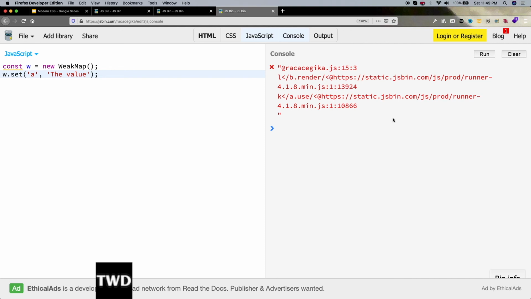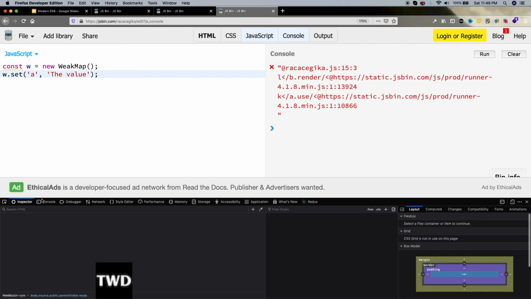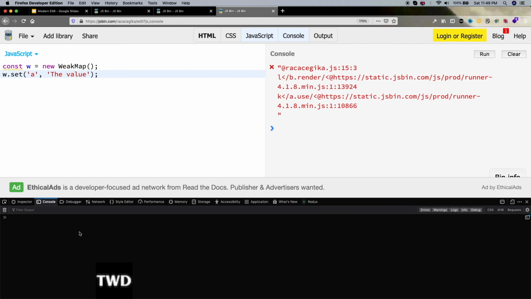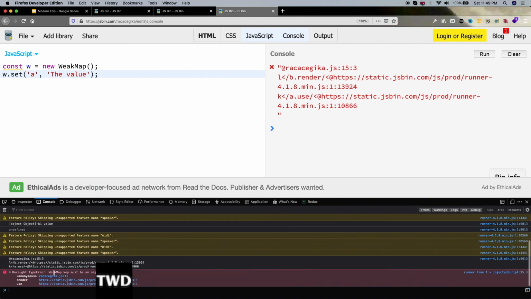See, it gave me the error that it is not allowed. I can show it here. Type error: weak map key must be an object, got a string. So this is the issue. Let me quickly change it.